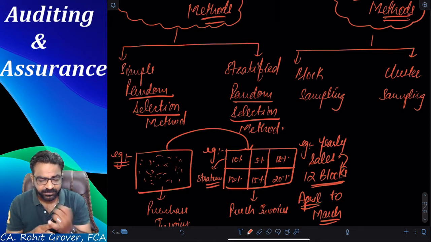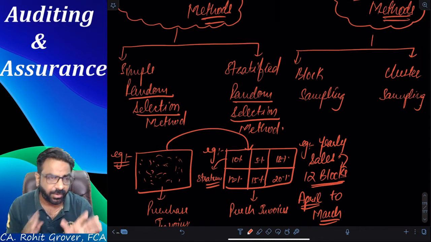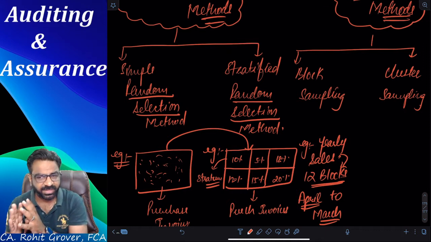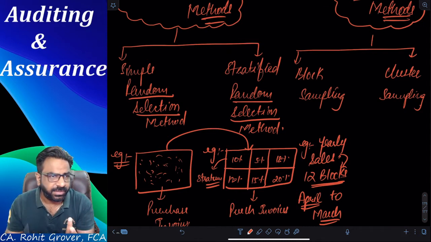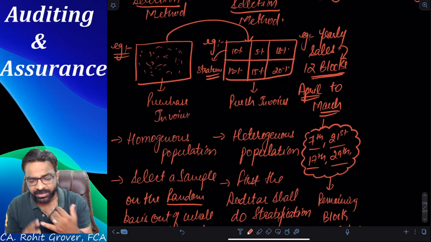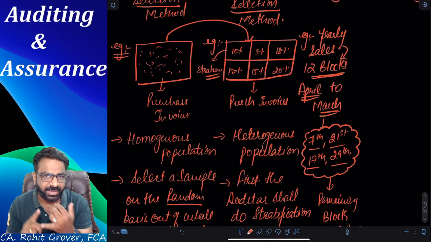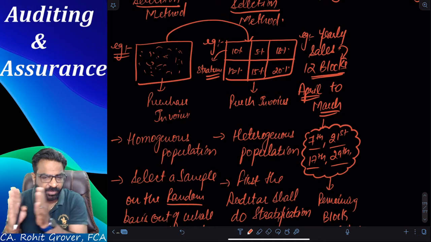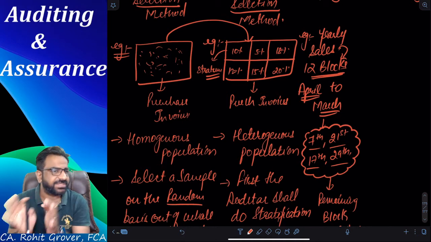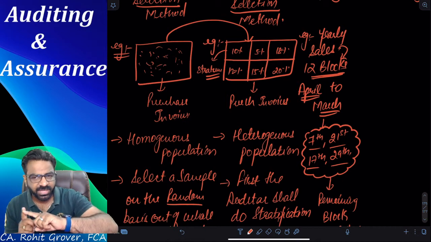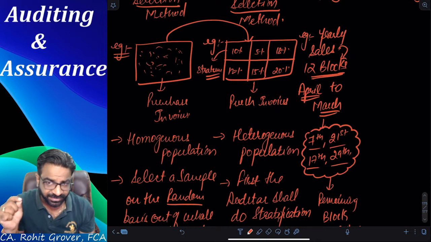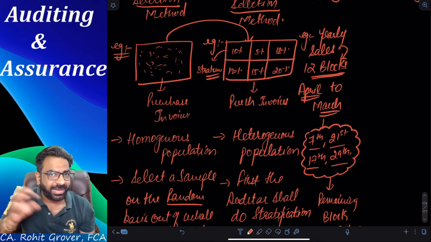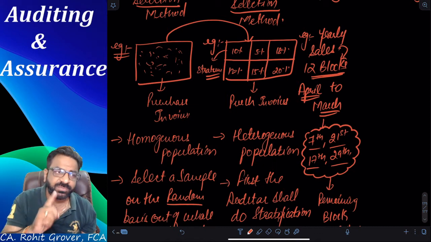Point number one. In this method, the auditor will select the first block of transactions on a random basis. Tell me the first four random dates I chose. 7th April, 21st April, 17th April, 29th April. Now, in the remaining blocks, the same dates will be followed consistently. So it means the remaining blocks are automatically following the first block of transaction. So was random selection done in each and every block, or was random selection done only in the first block of transaction?